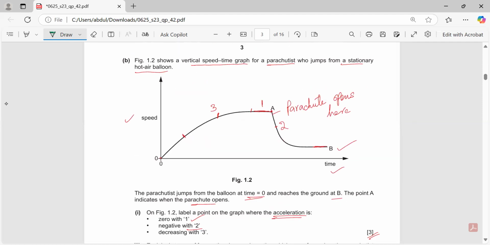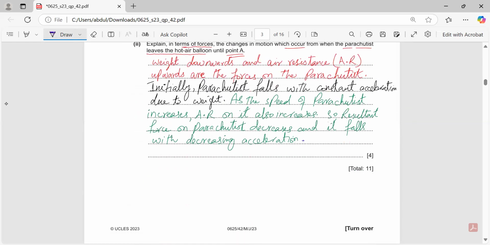So this is the third mark. Initially there is constant acceleration, and now in this portion there is decreasing acceleration. And the final is, now when